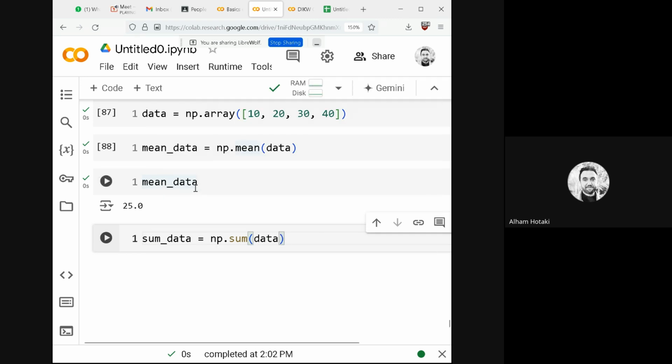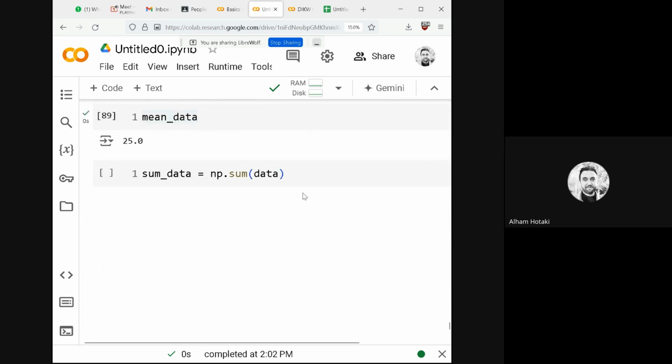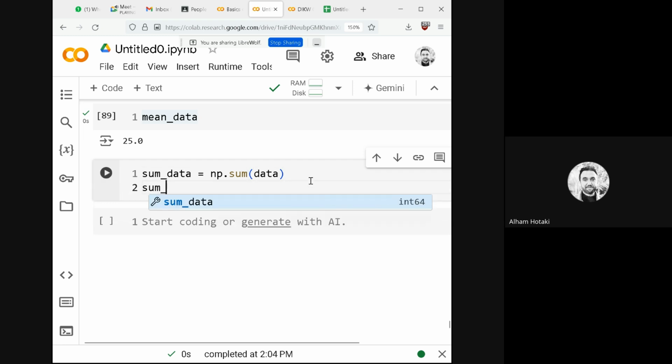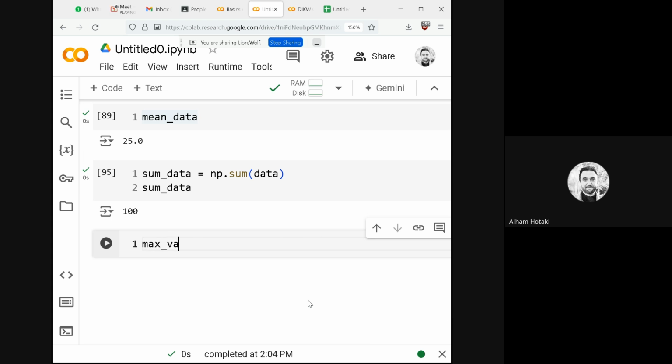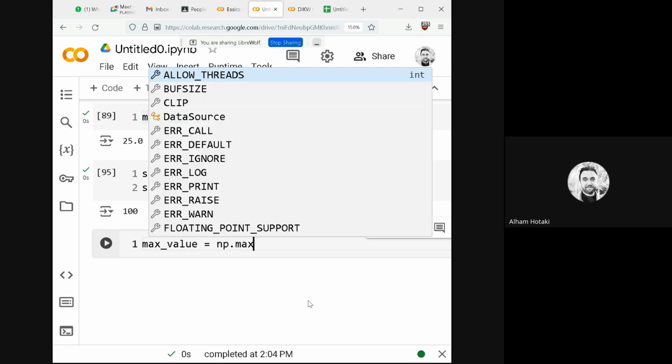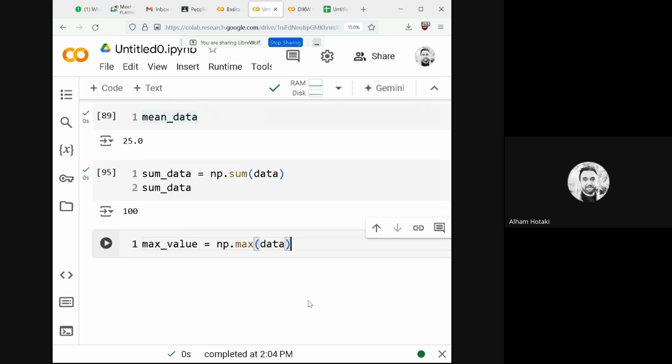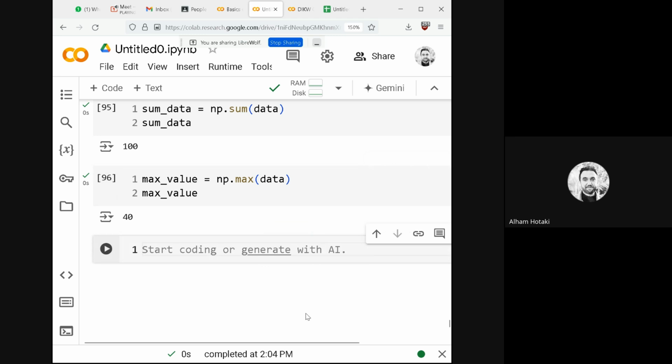Data. What is data? Data is a list. See, we defined it here. If you just run it, the sum of the data gives you 100. Previously we calculated the data, it's 100. NumPy can also find you the maximum value, for example, like we did before for lists. You can do that similarly. Maximum element is 40. Minimum element is, for example,